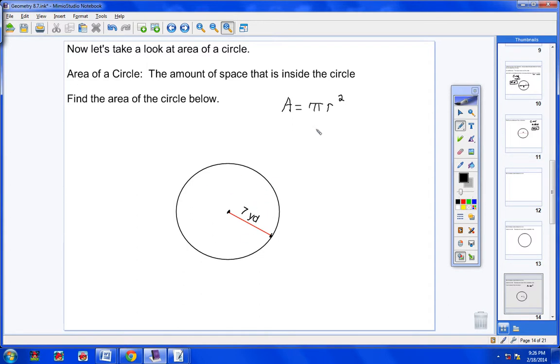Well, here we go. First of all, for pi, I'm going to put 3.14. For my radius, I'm going to put 7 because my radius is 7. And then, of course, you bring down your 2 right here. Don't forget to bring down your power of 2. So I have this. Now, you do not multiply 3.14 times 7 first. You first square the 7. So now I have 3.14 times 49 because 7 times 7 is 49. And then 49 times 3.14 is